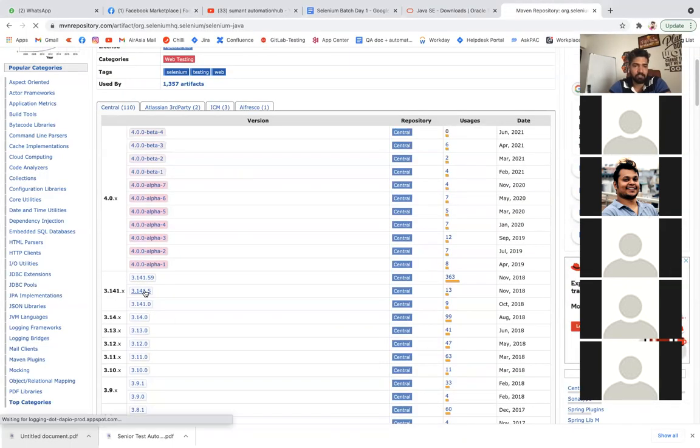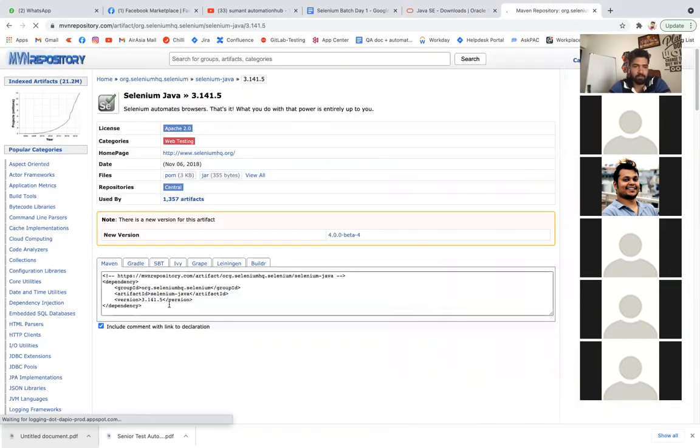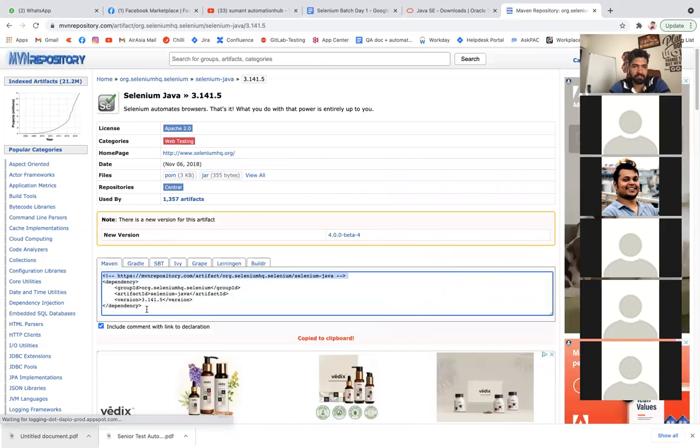Once you select this one, you can find the Maven dependency, correct? You just copy it from here and paste it here. Whatever latest version I'm using in my another project is 4.3, so I'm using this one. I will copy it from here and put it here.